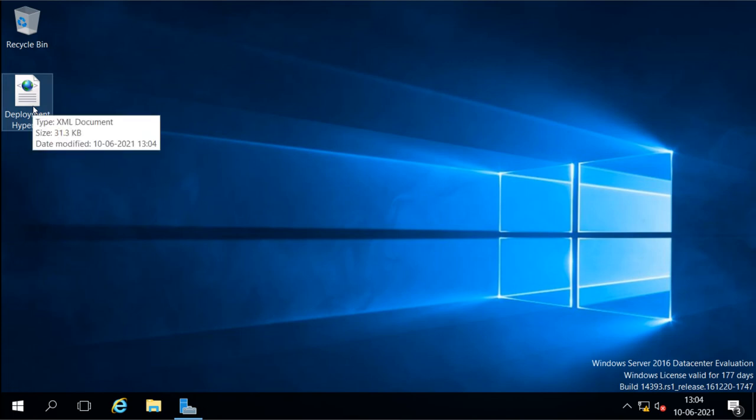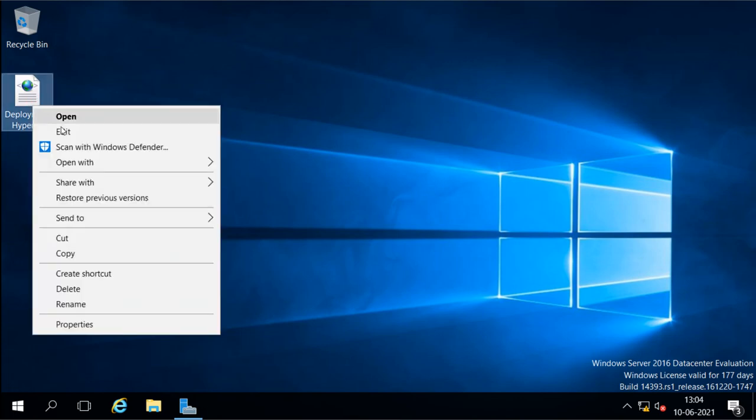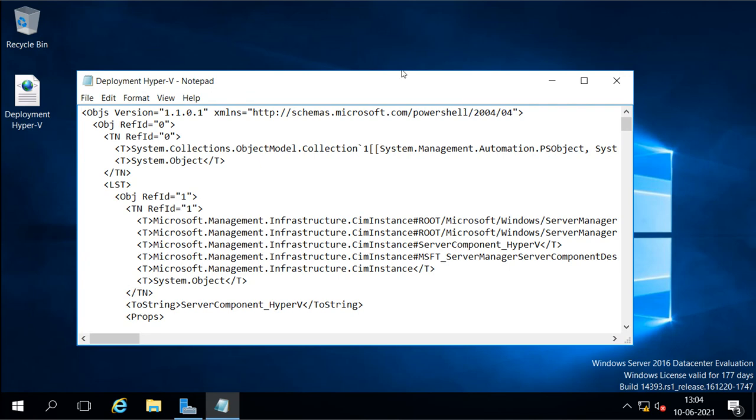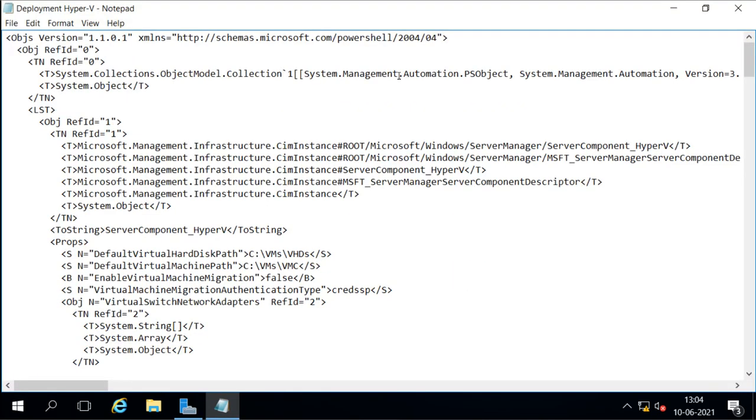When you open it, you see this is an XML file for configuring this server with the Hyper-V role. Whatever settings we have selected for this Hyper-V installation, all these settings are entered into this XML script. Now what to do with this script?